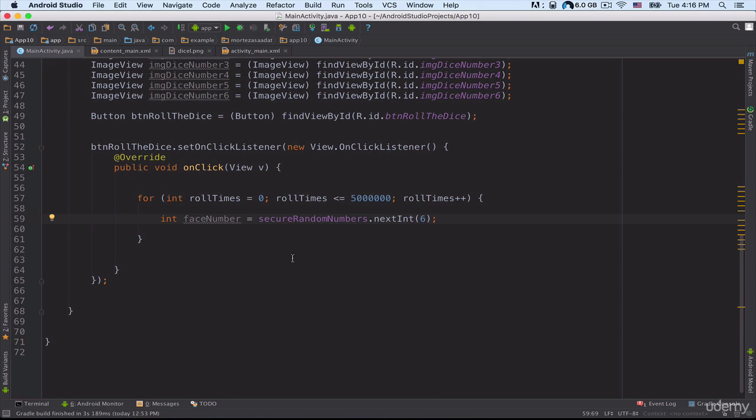Okay, so as you can see here I am saying give me an integer number between 0 and 6. So if I want to get a value between 1 and 6, I need to put in the number 1 here plus this piece of code here. Okay, so 1 plus secureRandomNumbers.nextInt(6). So this piece of code is going to give me a random number between these two numbers. Okay, so now let's create a switch statement. Switch